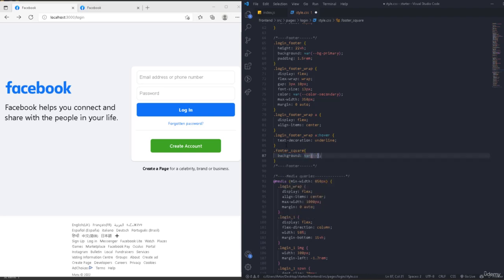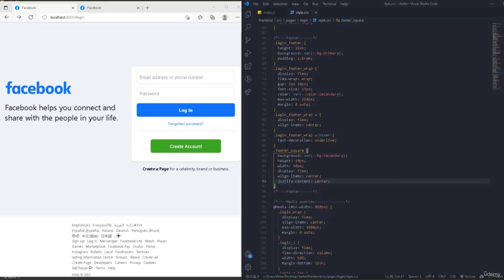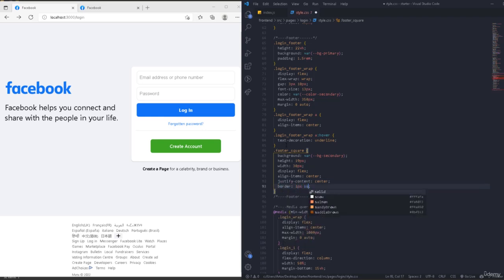Okay, and the background is going to be a variable, which is going to be bg secondary. Then we're gonna have a height of 19 pixels, a width of 30 pixels. Display flex to make everything centered, align items center, justify content center, and also we're gonna have a border. It's gonna be 1 pixel, solid, and a variable color, which is gonna be the BG third,